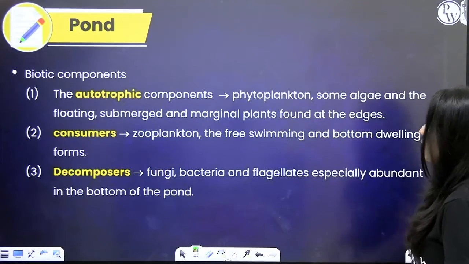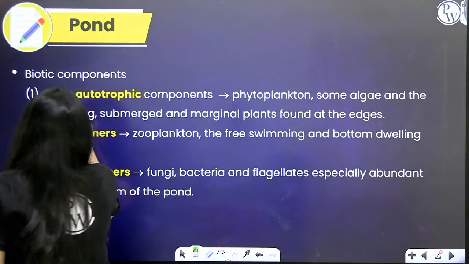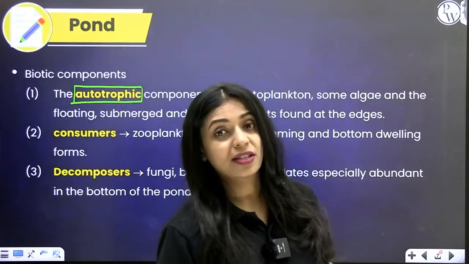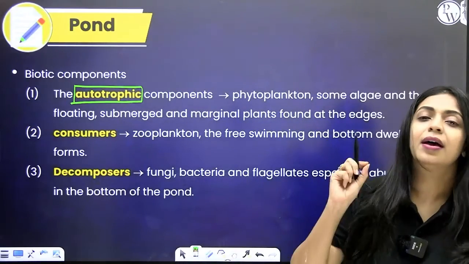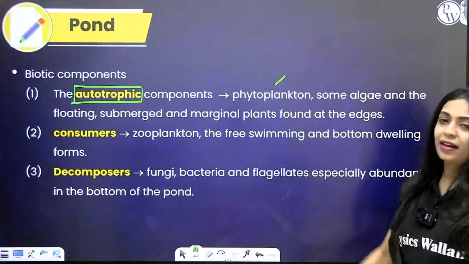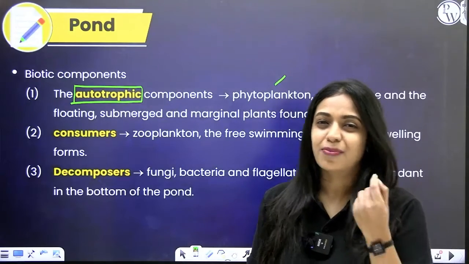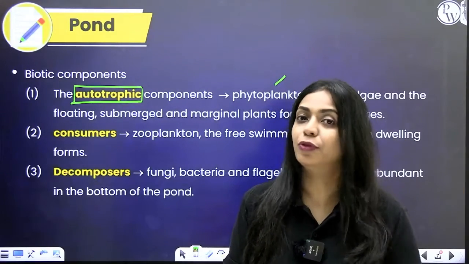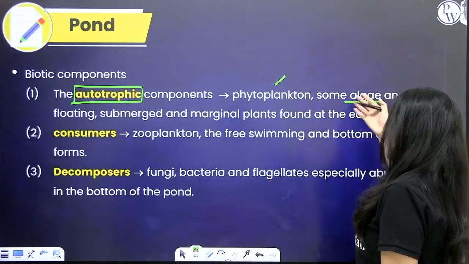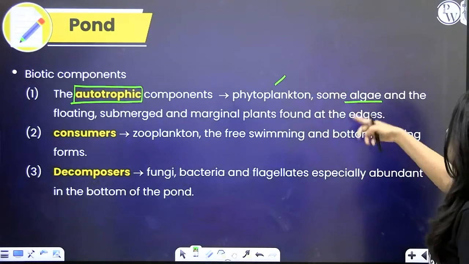What are the biotic components that you find in a pond? There will be producers or autotrophic organisms. What are these autotrophic organisms? Those that have the ability to perform photosynthesis. The autotrophic components include phytoplankton. What are these phytoplankton? They are all of these microscopic photosynthetic organisms that float on the surface of a water body. So you find phytoplankton, some algae, some of which are also phytoplankton, but apart from that you can